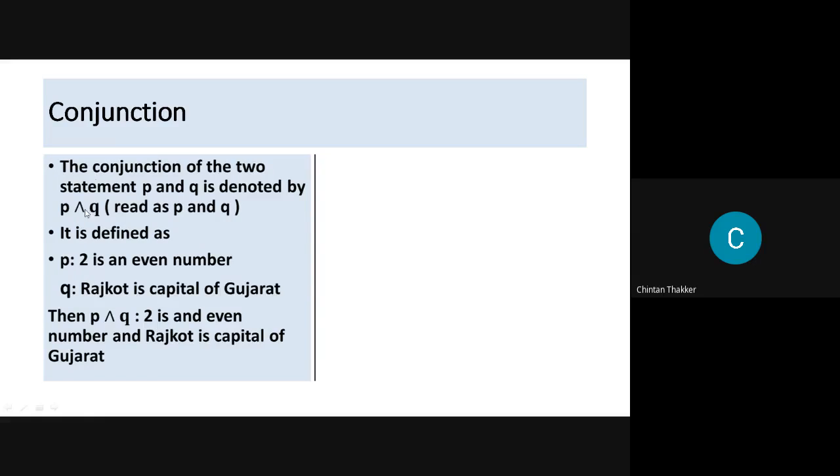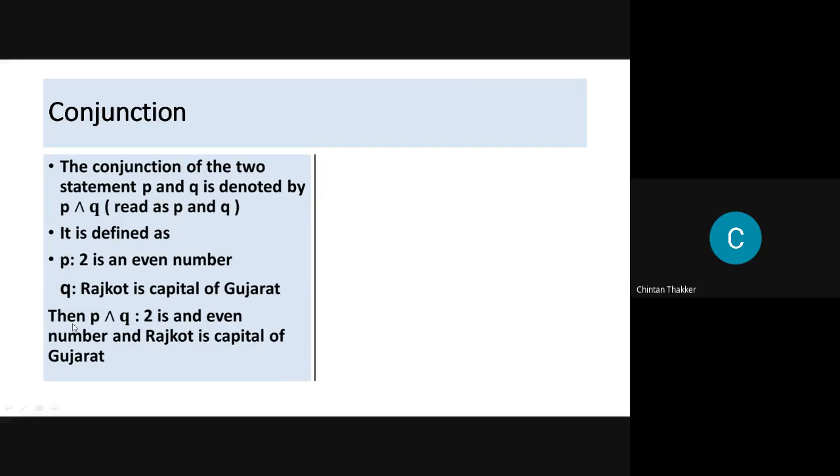So we use this symbol for a conjunction statement. We read it as P and Q. It is defined as, suppose P is 2 is an even number and Q is Rajkot is a capital of Gujarat.